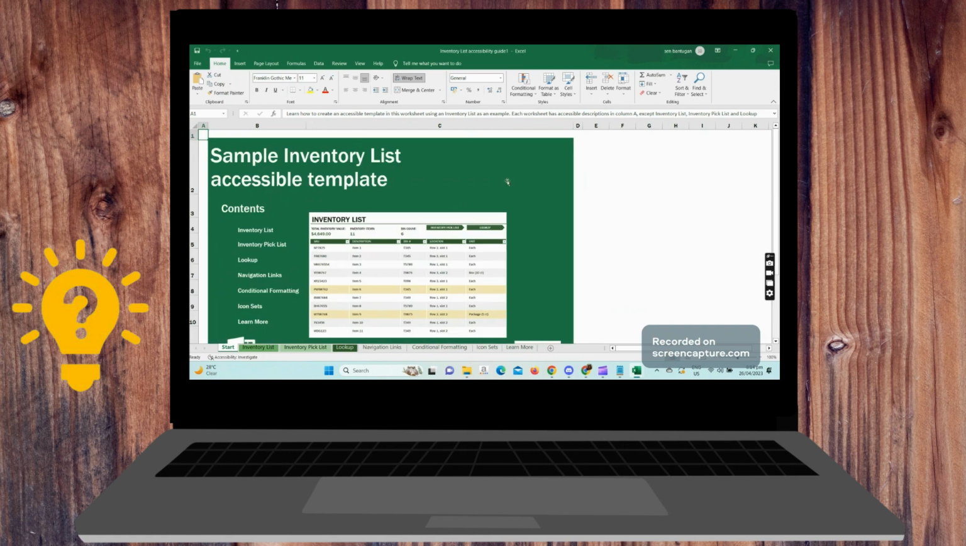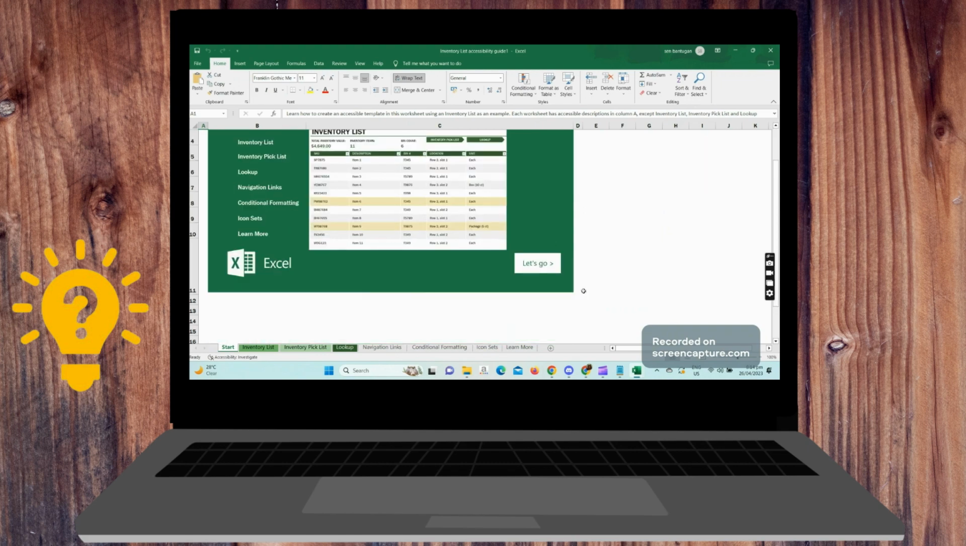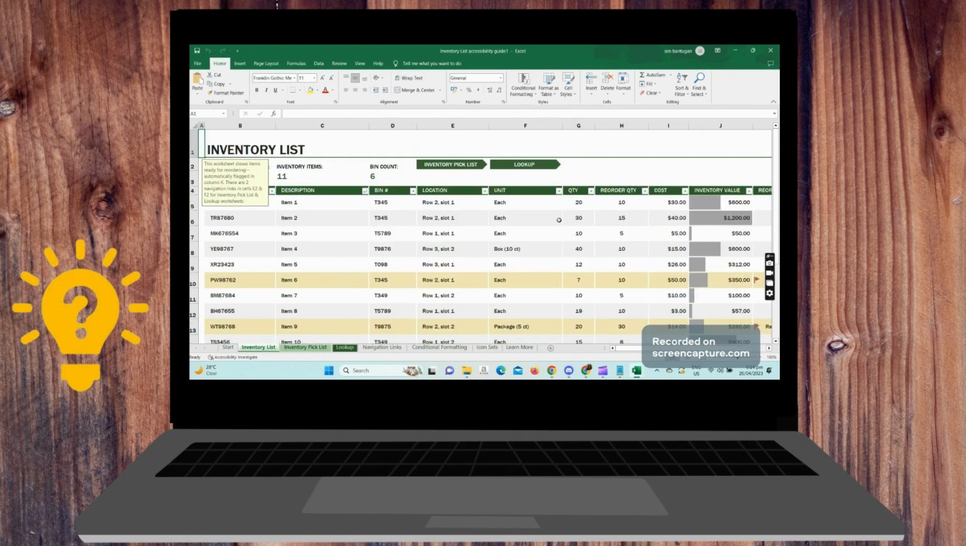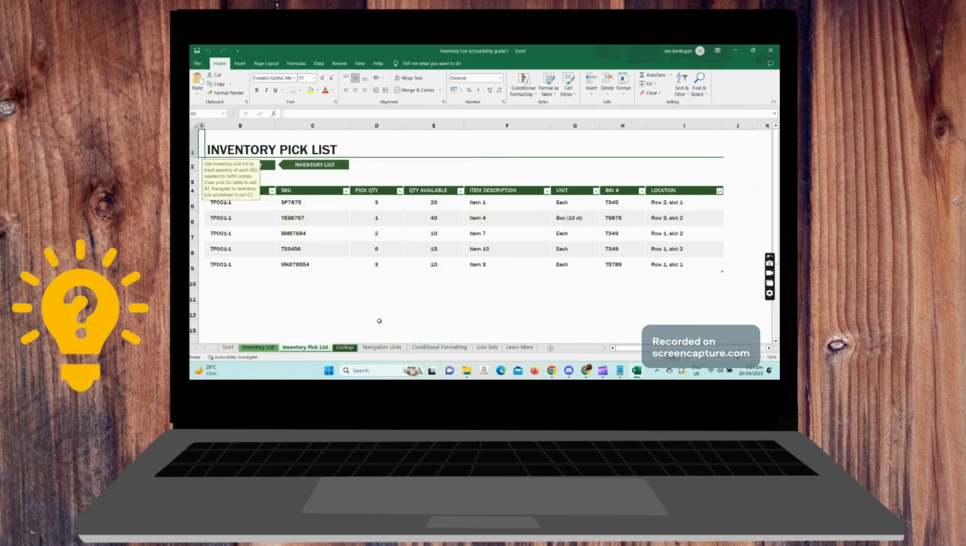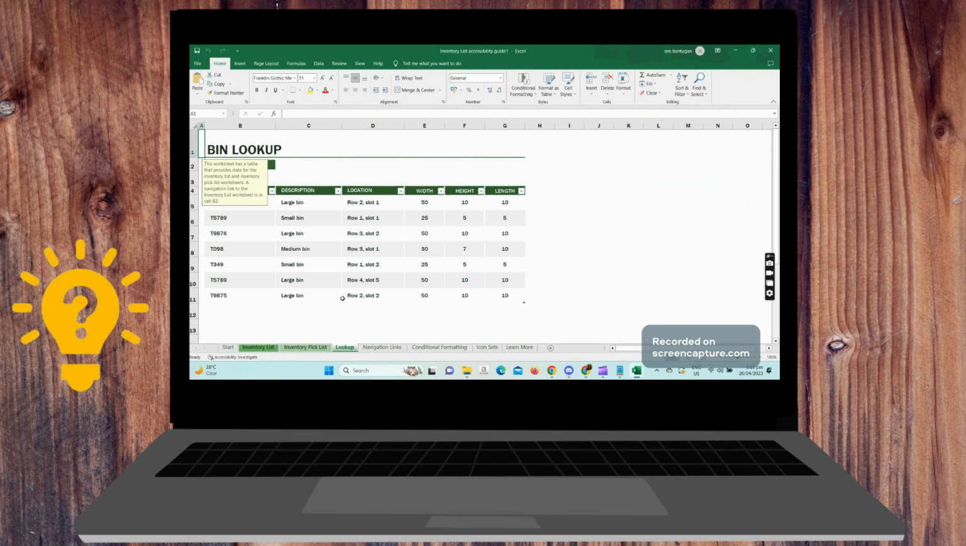So it's a sample inventory list. Let's go. We'll just need to study and follow the steps. So this worksheet shows items ready for reordering automatically. So you can change the description name, the SKU, bin number, and here there is also location, unit, reorder quantity, cost, inventory value. And you have here also on other tabs the inventory pick list, the lookup,